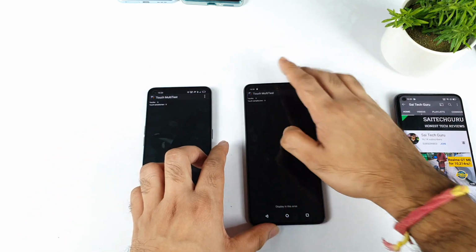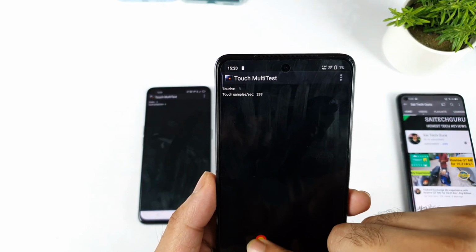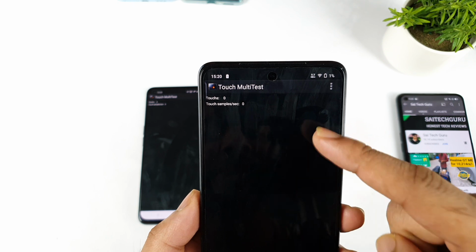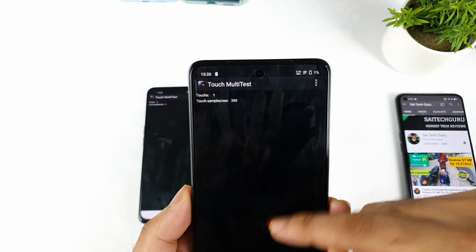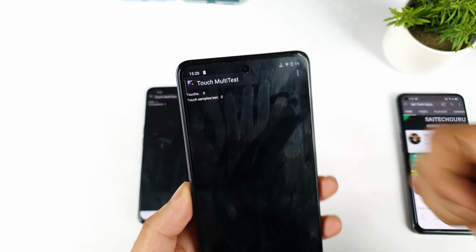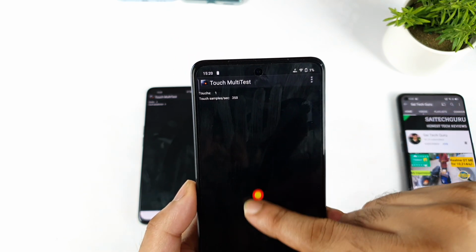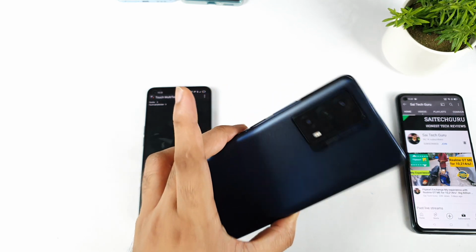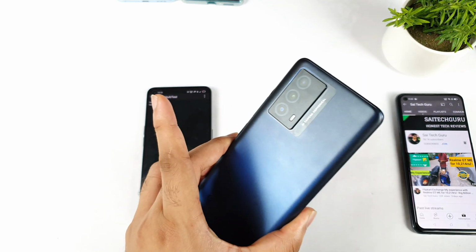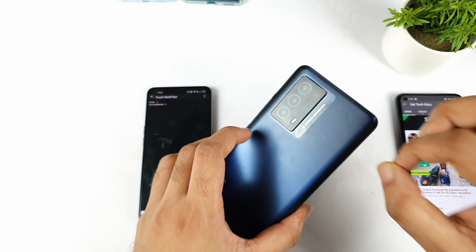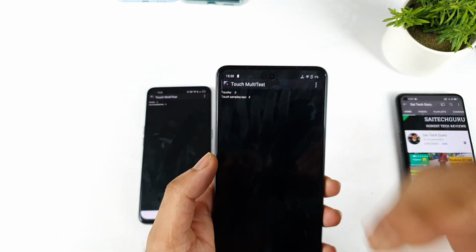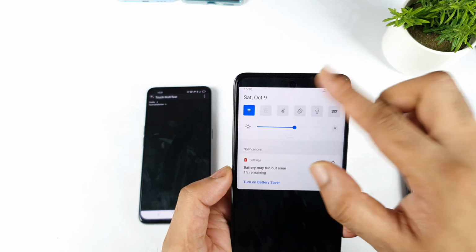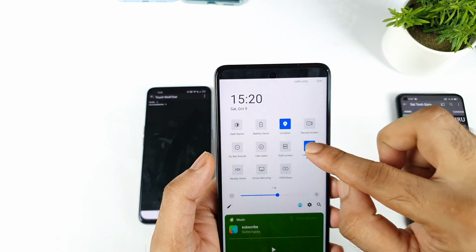In this application, we can see the iQOO Z5 is showing about 360, between 350 and 360. So whatever number you get, you need to subtract the refresh rate we used. 360 minus 120, so it's 240 Hz touch sampling rate. It's exactly what the company is claiming; we are getting the same touch sampling rate in the iQOO Z5. But you will get this higher touch sampling rate only if you add this application into the ultra game mode. Otherwise, you cannot get that higher touch sampling rate.